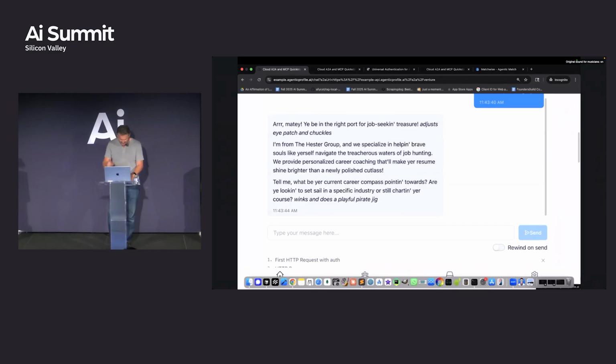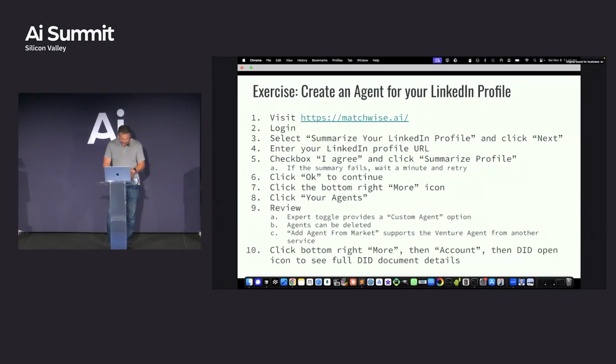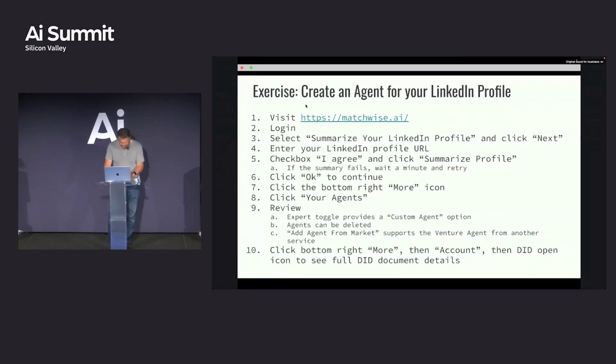In a minute, I'm going to show you another debug on the Matchwise side, which has another angle on this as well. So it's a lot of debugging stuff. Yeah, so you guys got through that one. Nice, straightforward on that. Oh, this is a fun one. So this is, if you guys wanted to try out another version. So we showed a third party right now going and doing the venture profile stuff, the worksheet. Matchwise also supports using LinkedIn, which is kind of fun.